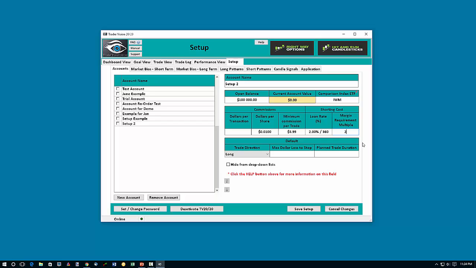For argument's sake, let's just say 2, and that will be different for every brokerage and what their view is of every account. In the default section then, we can specify the default direction. Long is the standard. Most people trade long. However, if you have an account that is used largely for shorting, you can specify short as your default direction